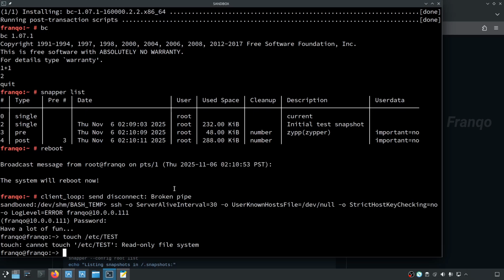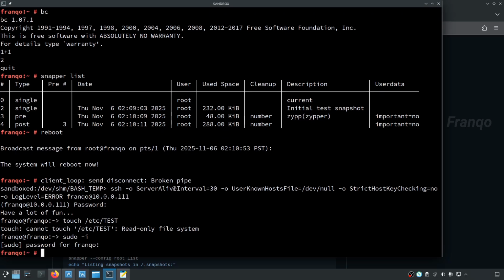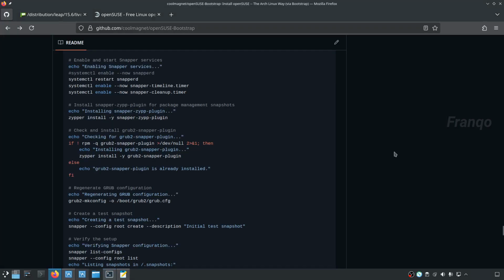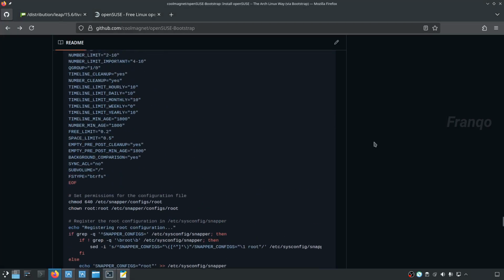Okay, so now we're going to do a snapper rollback so that we can have a read-write file system. So, whoops, wait a minute. We need to go into sudo snapper rollback. Okay, so here's that ambit message. So we go back here